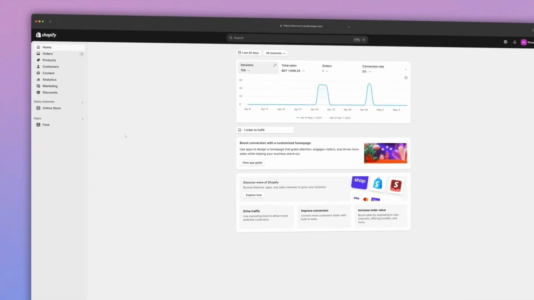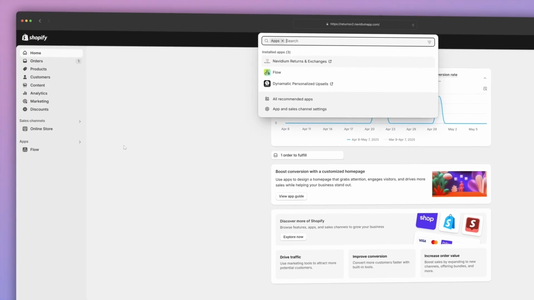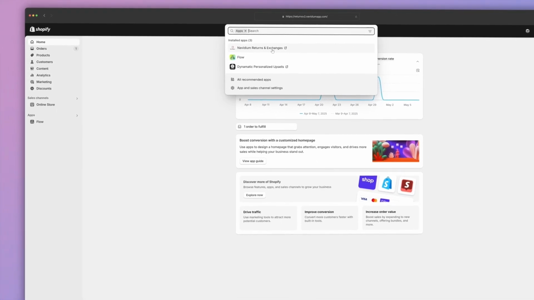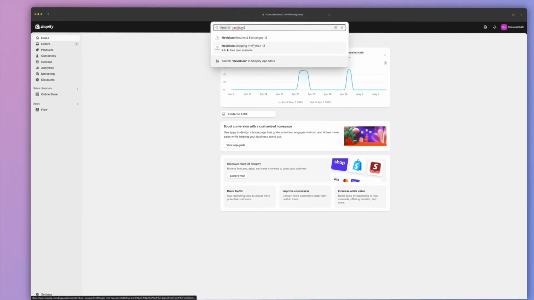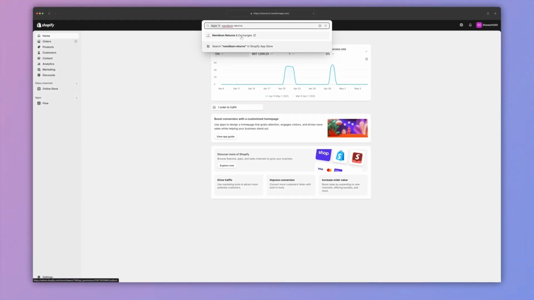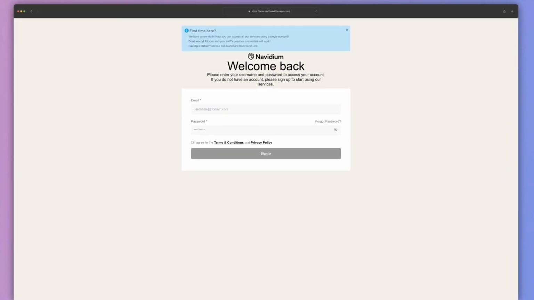First, go to your Shopify store admin dashboard, then click Apps. After clicking Apps, a pop-up appears, then click on Navidium Returns and Exchanges. If it doesn't appear, then search for Navidium Returns and Exchanges, then click on it. A new tab opens and redirects you to the Return Dashboard portal, or you can directly visit